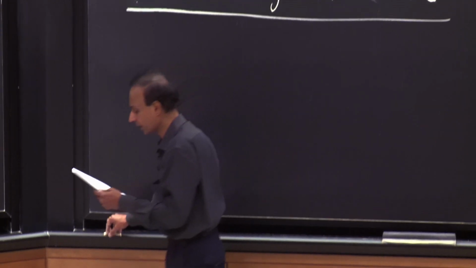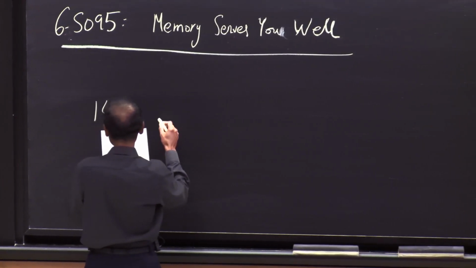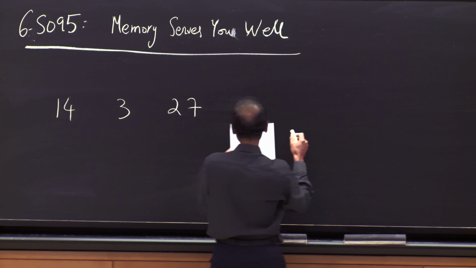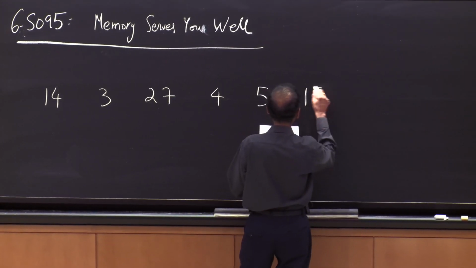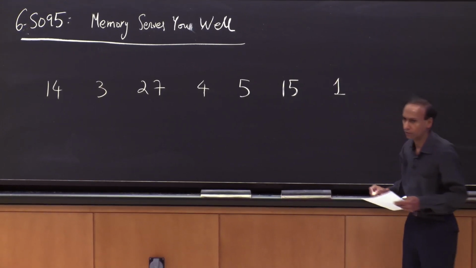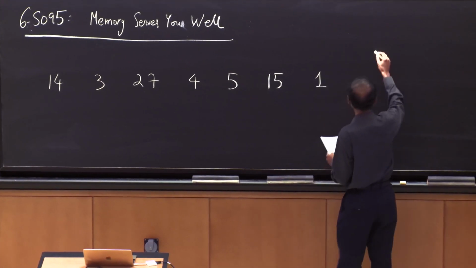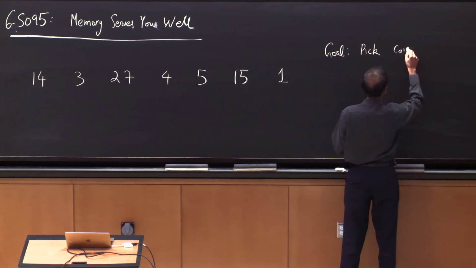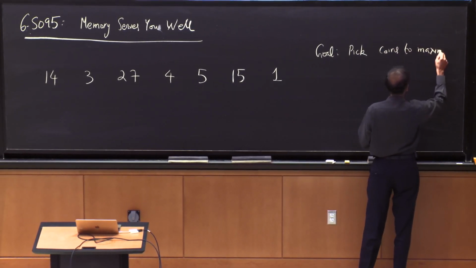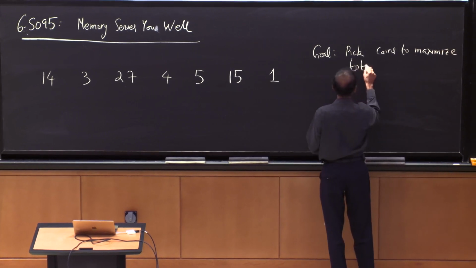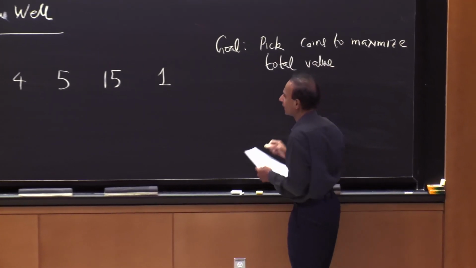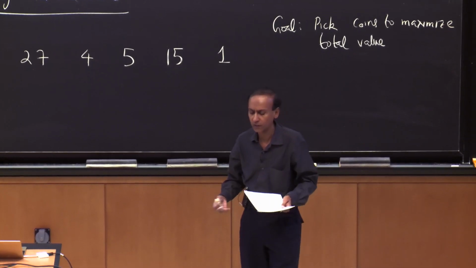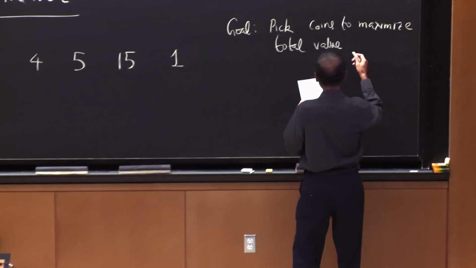So the game itself is very straightforward. You have coins in a row given to you. So each of these has different values. And you can think of all of them as being positive, but it doesn't really matter. And your job is to pick coins to maximize total value. And obviously, that's not very interesting. You just pick all of them if they're all positive, and if some of them happen to be negative, you wouldn't pick those. So that's not particularly interesting, but it becomes much more interesting